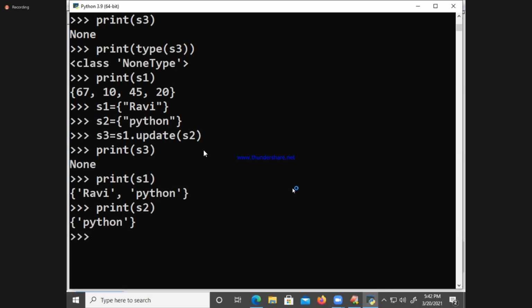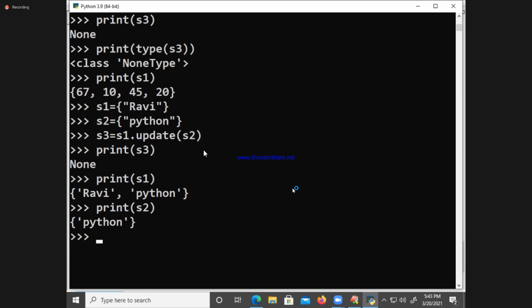Are you getting the difference between update, symmetric_difference_update, and symmetric_difference? When three things are coming, sir, the mind is not working, sir. If you remember, on the way coming, on the way going, you have to think about these three things today. If you concentrate on this for a few minutes, you will remember.